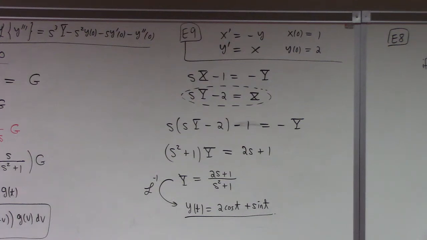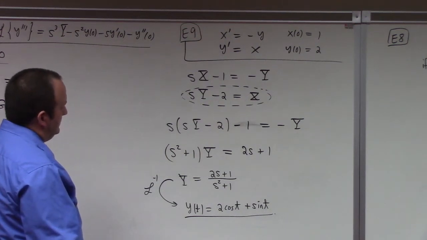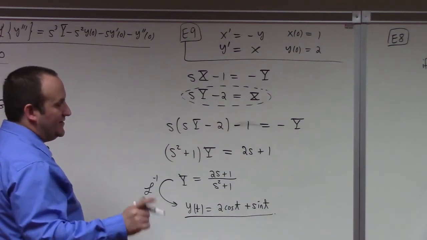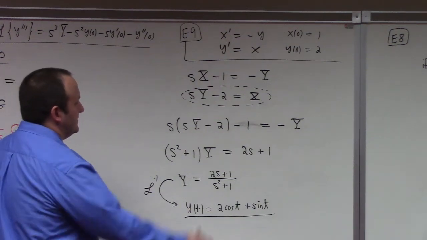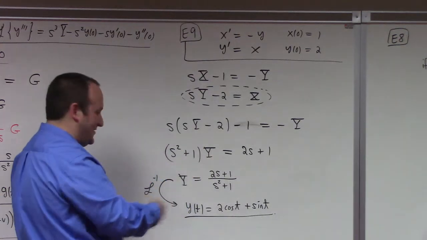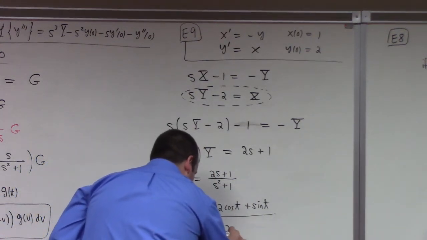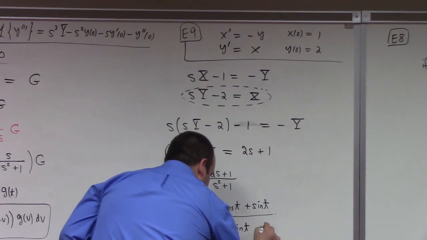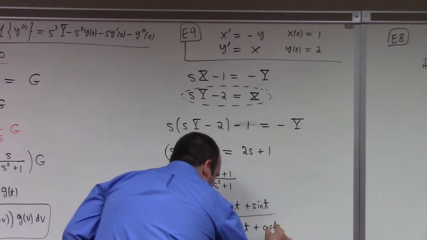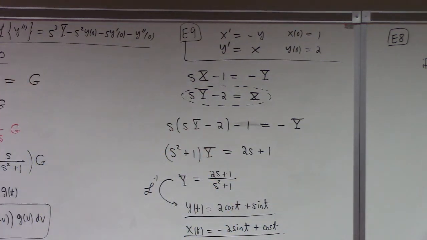Plug it into Y. Plug it into Y. And X prime is good minus Y. That would be one thing you could do, but be lazier. Look at the second equation. See, X is the derivative of Y. So embrace the differential equation. And there you go. And I'm quite certain that that is faster for you guys than pursuing the eigenvector technique